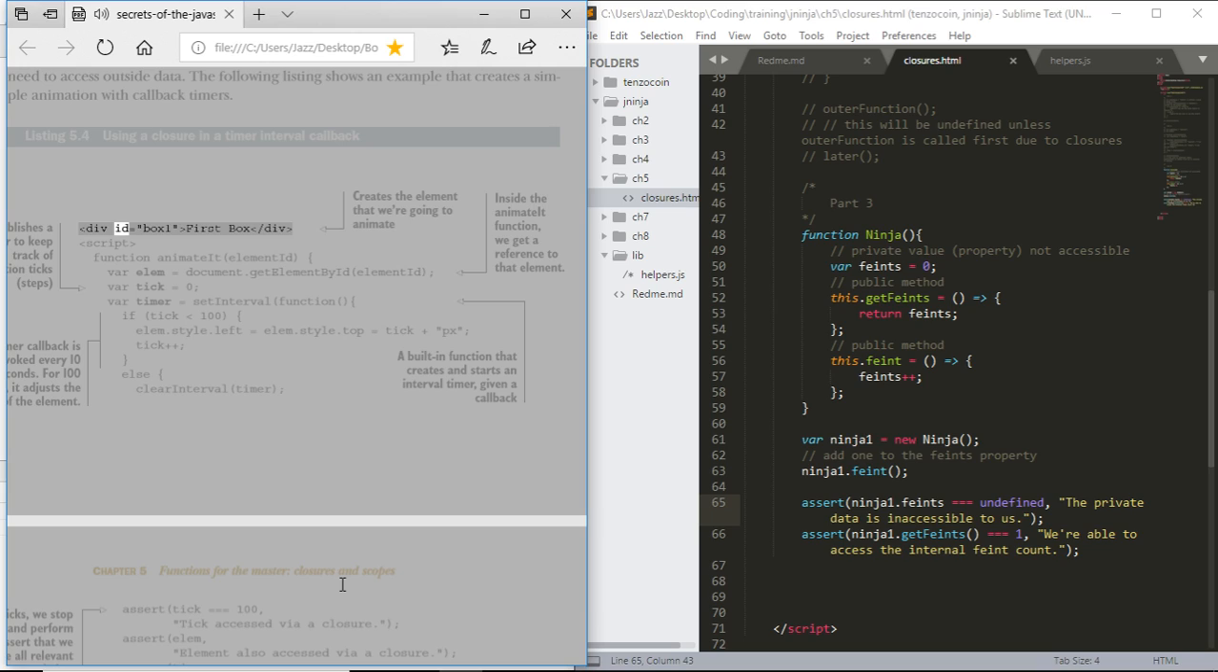Listing 5.4 Using a closure in a timer interval. <div id="box1">First box</div> <script> function animate(elementId) { var elem = document.getElementById(elementId); var tick = 0; var timer = setInterval(function() { if (tick < 100) { elem.style.left = elem.style.top = tick + "px"; tick++; } else { clearInterval(timer);